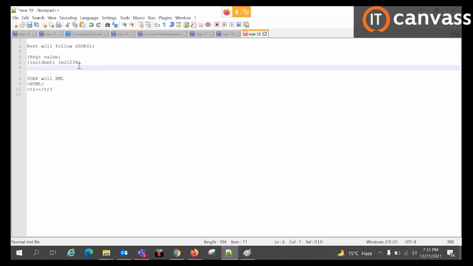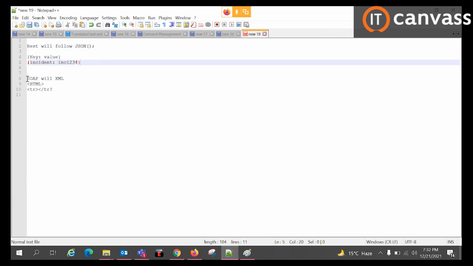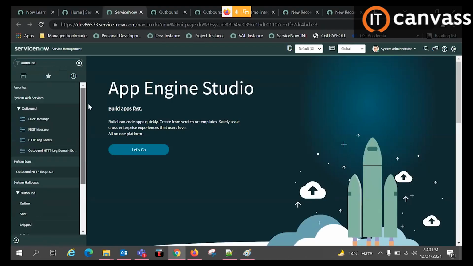So in this case, we always use REST. Companies and clients always use REST, and most clients are now shifting from SOAP to REST, but we will see both here, because REST is easy to identify as it has a key value pair. If a key matches the value, just like a lock matches the key, then the lock will open. Okay, so this is the basic of integration which I